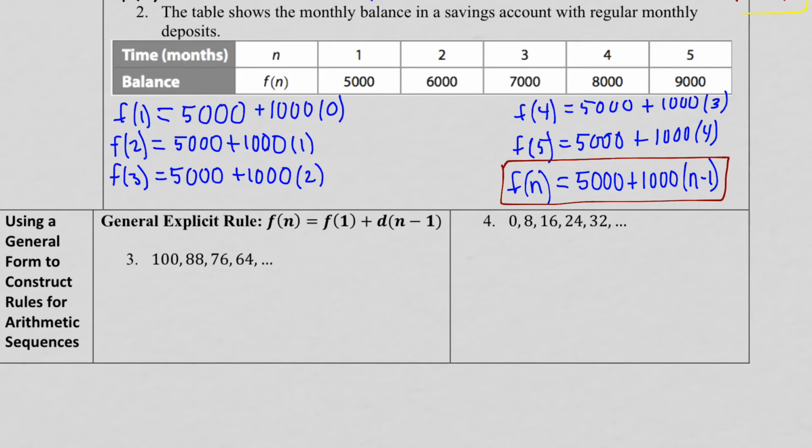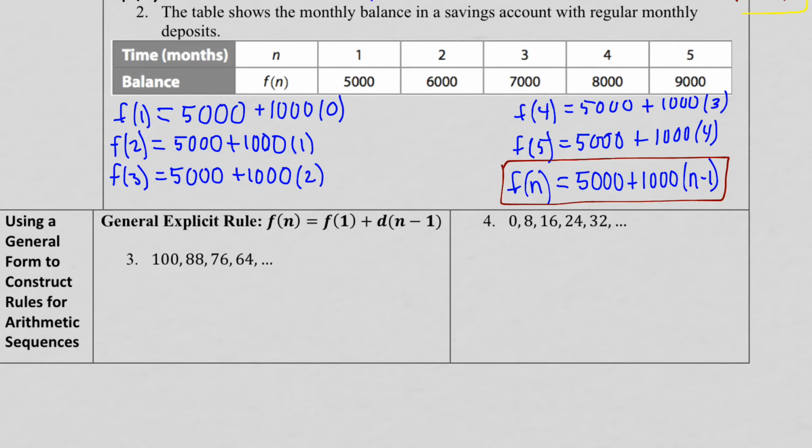Okay? Look at my example, look at your work, make sure you're copying all of this down so you guys can see exactly how I worked it out, because the goal in your problem that you're going to do right now is to find the rule, like this one right here. Find the rule by looking at the table. So if you have to rewind the video and watch it again, or just look at the work and see